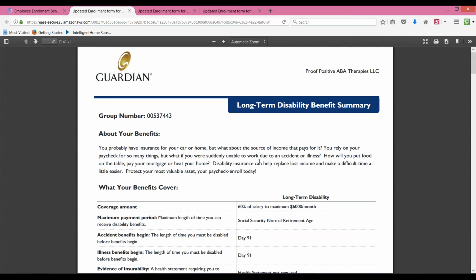And because you didn't pass away immediately, your life insurance probably isn't going to kick in. So long-term disability is one of those benefits where if a doctor deems that you can never come back to work again, this policy here from Guardian, if you enroll in it, will literally cover you until Social Security retirement age.